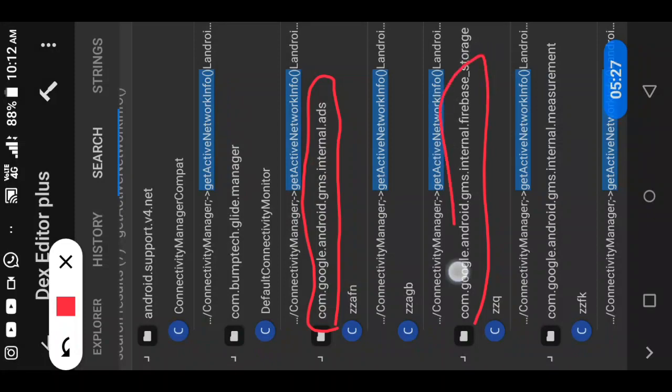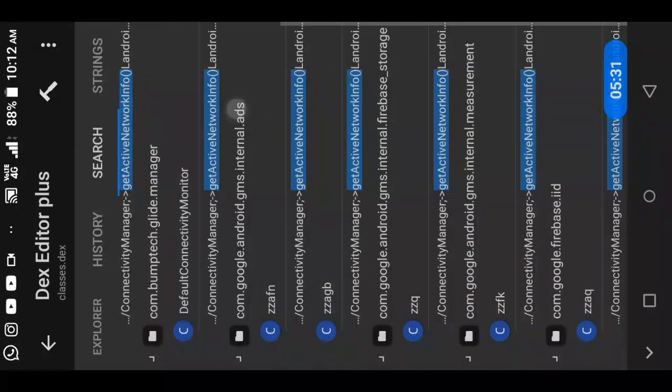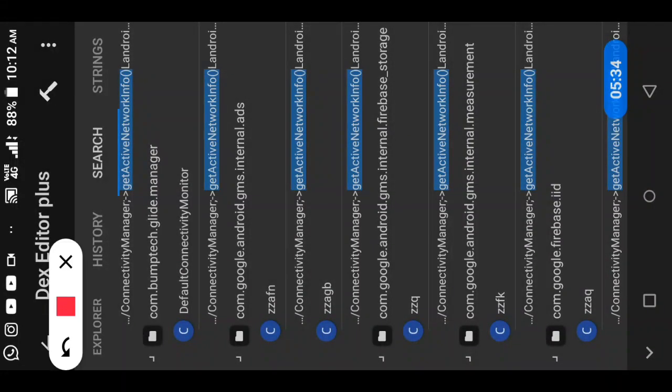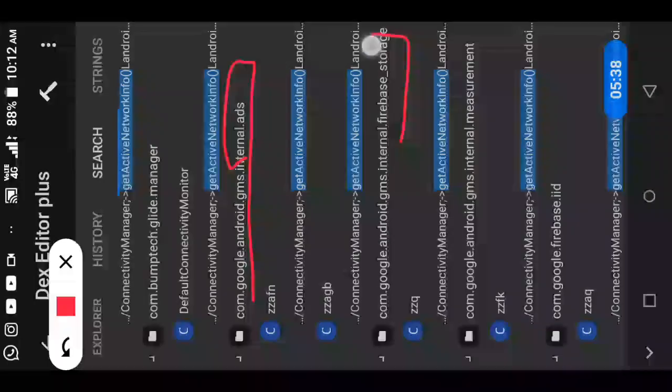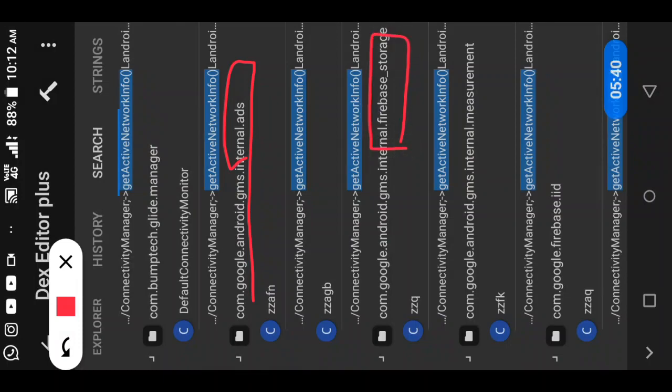So here you can see one more thing. This is ads, but this is Firebase storage. Remember that the ads come from the ad server, while Firebase helps the application to run.